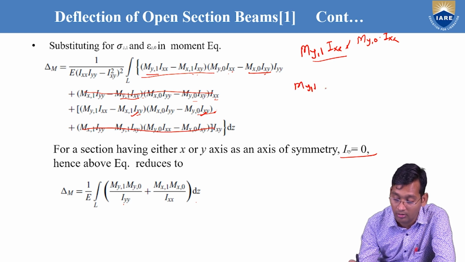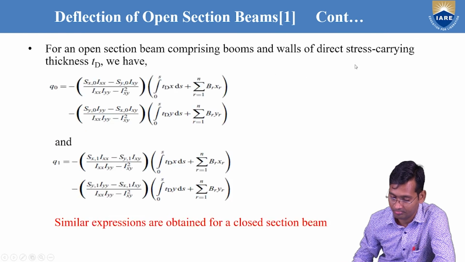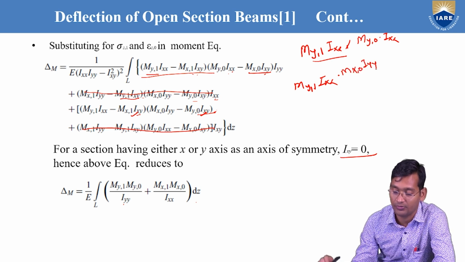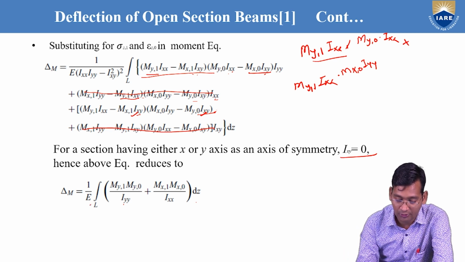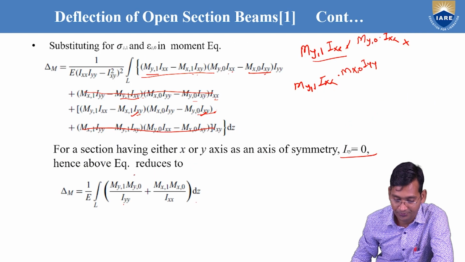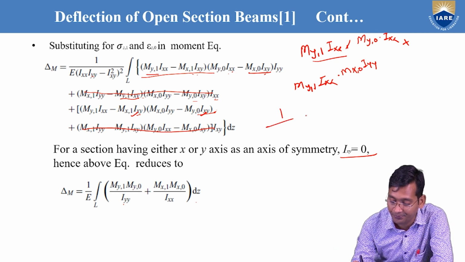My comma 1 into Ixx, into mx comma 0 Iyy, right? So these two terms we have with the plus sign. And what we have taken, that 1 by e into common, so just see this term, 1 by e into this whole square we have taken common, right? That is here, right? So what we have to do now, I'm just writing, so 1 by, putting here xy